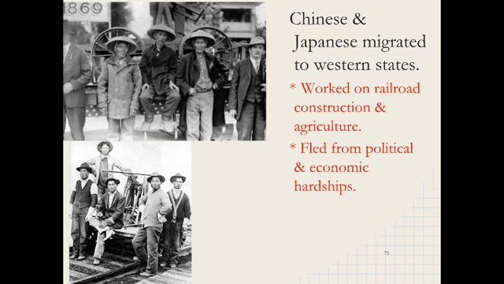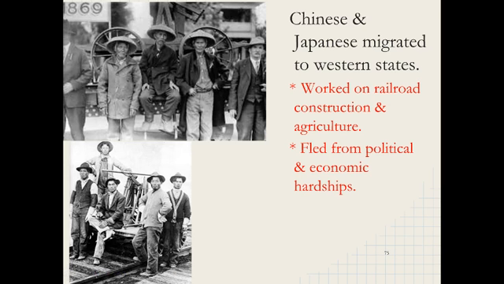Now, a lot of these migrants, the Chinese ones, the Asian ones, many of them are going to come in as indentured servants because they're too poor to migrate here on their own, and so they have to sign up for those contracts. Some of these people are going to flee China and Japan because there's going to be a lot of political problems, a lot of rebellions and revolutions and uprisings that we're going to talk about in another chapter, especially China. China's going to have a lot of political problems in the 1800s. And those political problems are going to create economic hardships on people, forcing them to flee and find opportunities elsewhere. So a lot of people are going to come to the United States looking for industrial work,